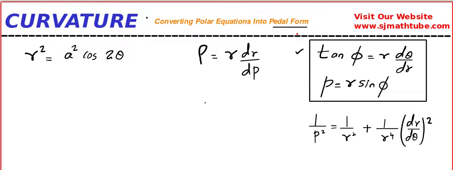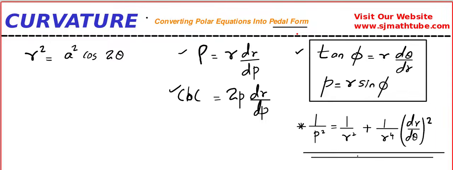And one more thing you have to learn by heart, that is chord of curvature. I am just going to write COC here, but don't write like that. Chord of curvature through the pole is given by 2p dr by dp. Okay, so you have to learn all these things by heart, and if you want, you can skip this. Anyway, I am not going to use this. But if you feel like experimenting with the problems, you can go ahead, you can use this formula.